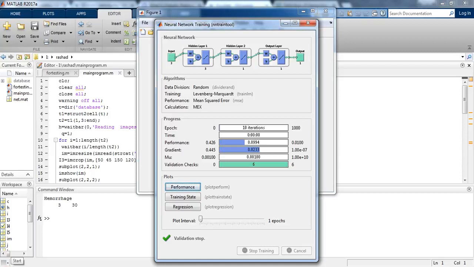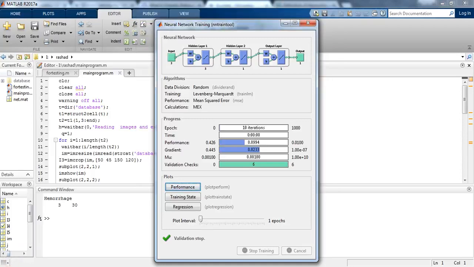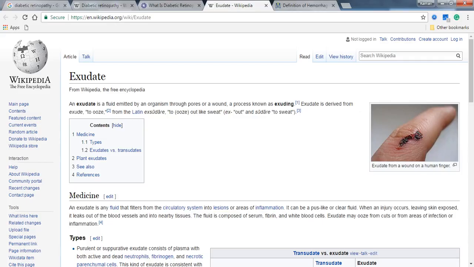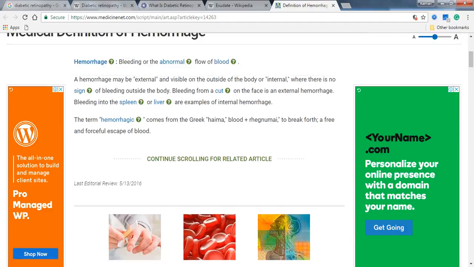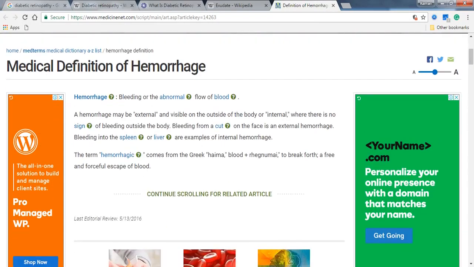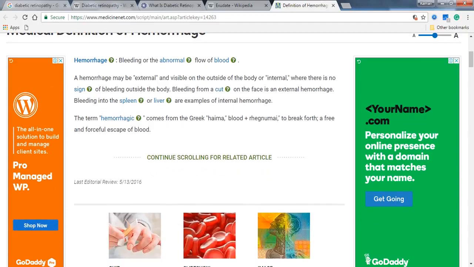Let me tell you, hemorrhage is basically an escape of blood from a ruptured blood vessel. It may be external and visible on the outside of the body, or internal when there is no sign of bleeding outside the body. Bleeding from a cut on the face is an external hemorrhage. Bleeding into the spleen or liver are examples of internal hemorrhage. So this is the hemorrhage.